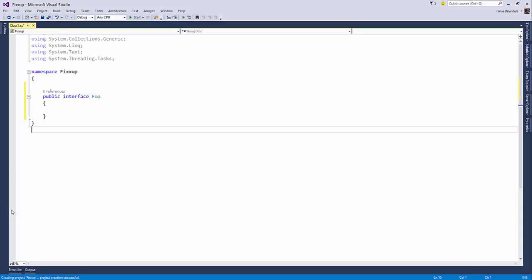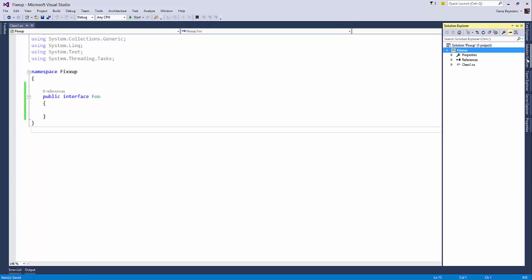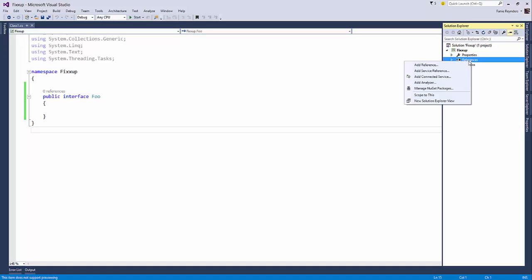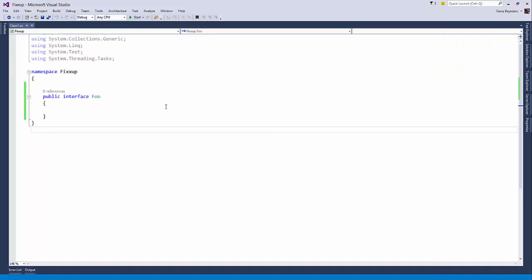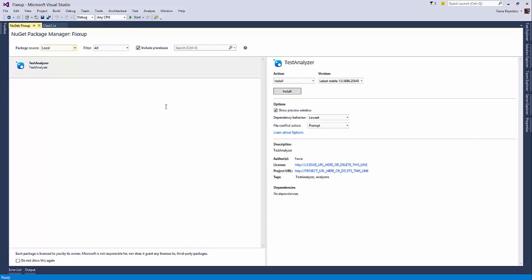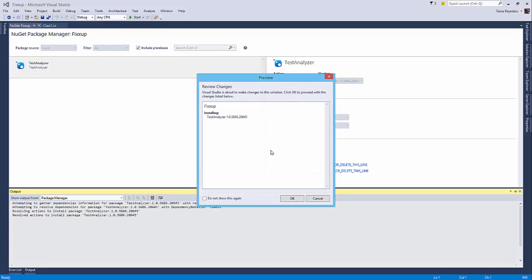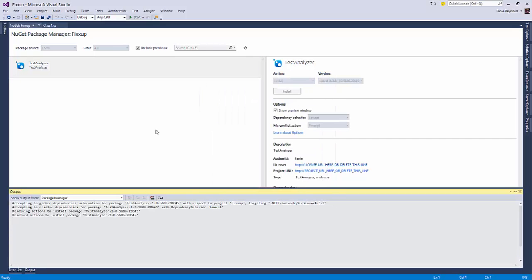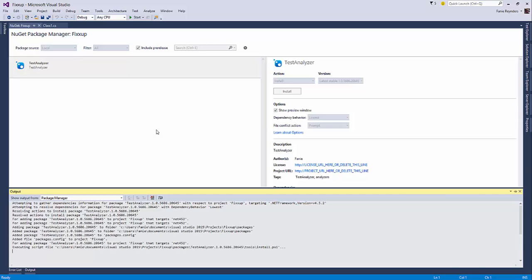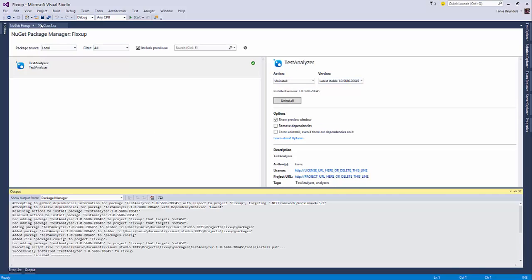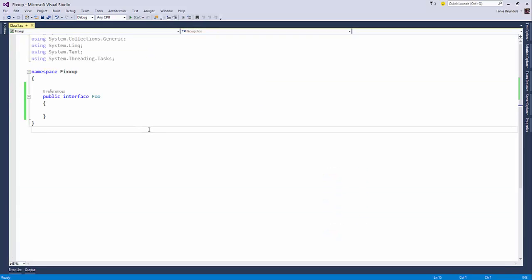To add our NuGet package, we literally go right click, Manage NuGet Packages, and here you also see the new layout for the new NuGet that comes with Visual Studio 2015. It looks totally different. They've redesigned it from scratch. So I just picked my source to be local, and I literally say install this test analyzer into my project, and it should work. Once that's done, I can close, and then I wait.